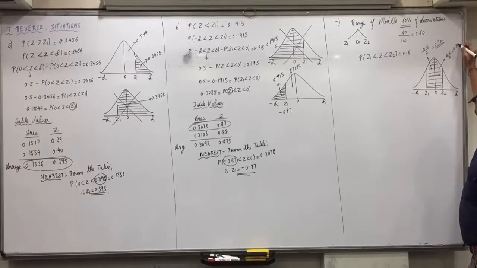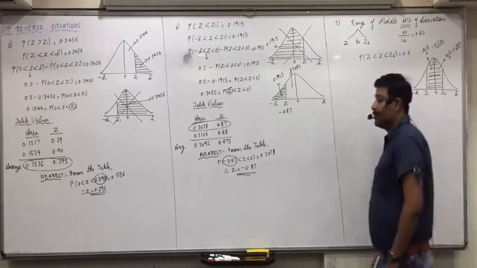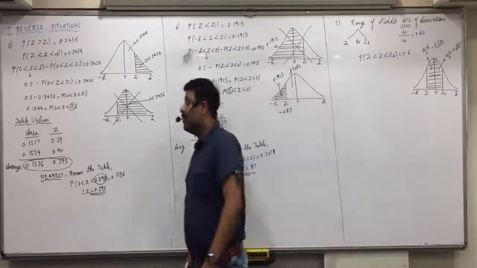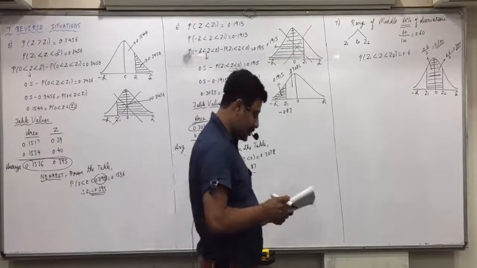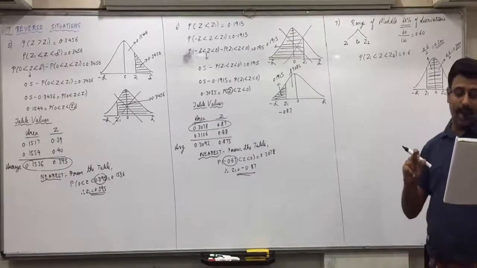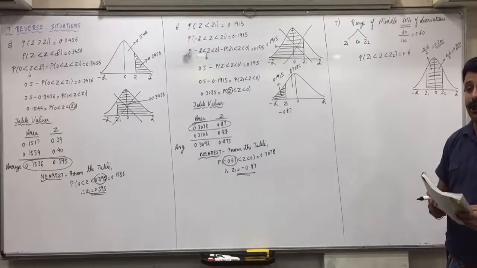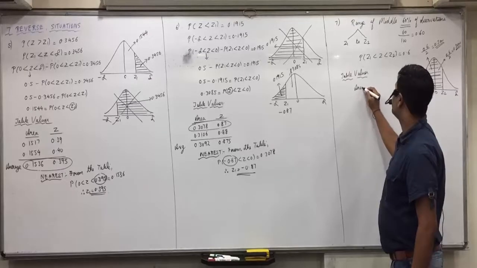0.3 means I am writing 0.3000 because in the table all the values are in 4 decimals. Any confusion so far? Now in the table, first column, which is the value just less than 0.3000? 0.2881. In that column, do you have 0.3000 exactly? So again we'll have to obtain the table values, area and Z.